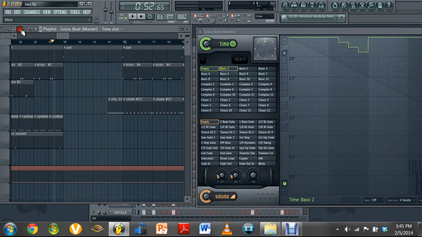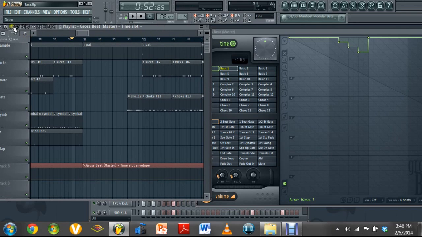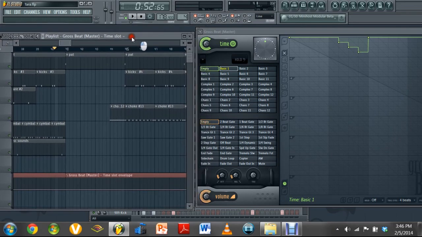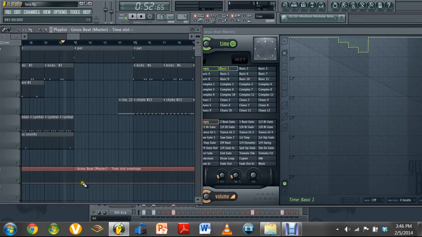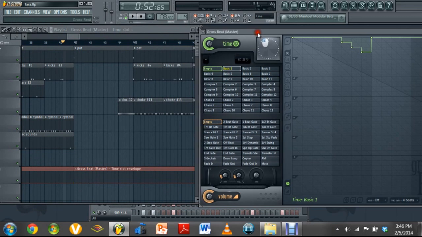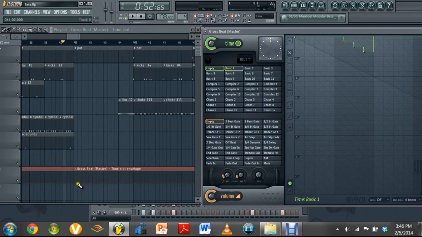The way Gross Beat works is you have to get the pencil tool. This line here determines the effect on Gross Beat here. So you can see at the bottom, that's 0 value basically. And the higher that you move this line,